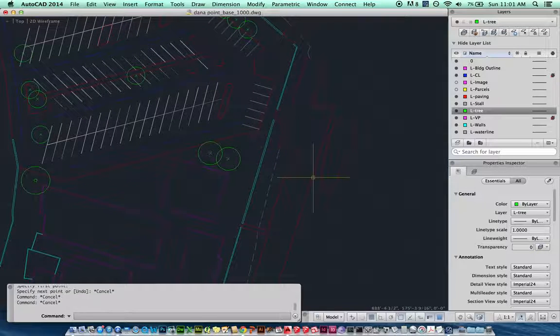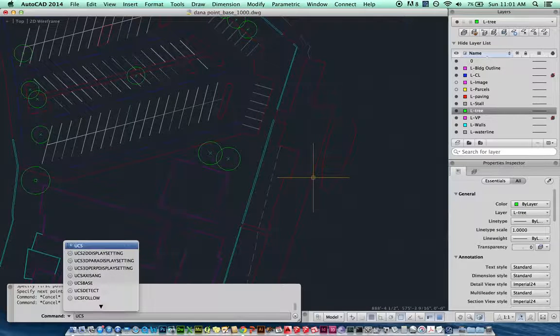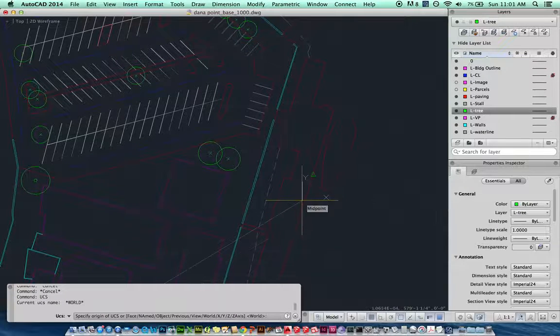One thing I can do is type in the word UCS. UCS has to do with the coordinates, and it also has to do with our crosshairs. So our crosshairs right now are oriented up and down, so the same as the grid you see in the background, which would be, call it north-south. So in this case, you'll notice down here it says my UCS name is set to world. So world means by default, the way we set our drawing up, north is up,